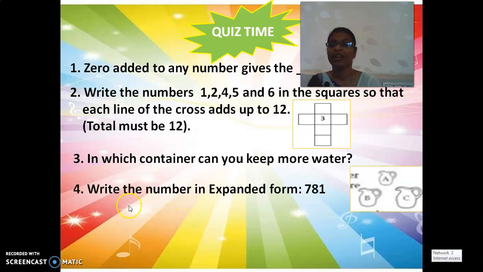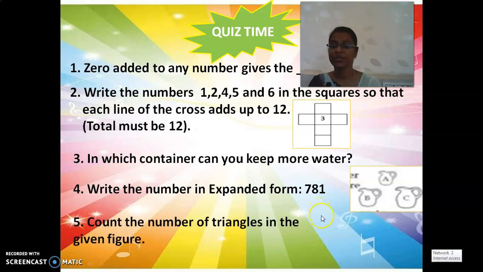The fourth one, write the number in expanded form. They have given the number in numerals and you have to expand the number. How will you expand the number? With the help of their places. Here you have only a 3-digit number. So what are the places for 3-digit numbers? Hundreds, tens and ones. Which is the highest place of a 3-digit number? Hundreds. And which is the smallest? Ones. The ones place is the smallest, isn't it?